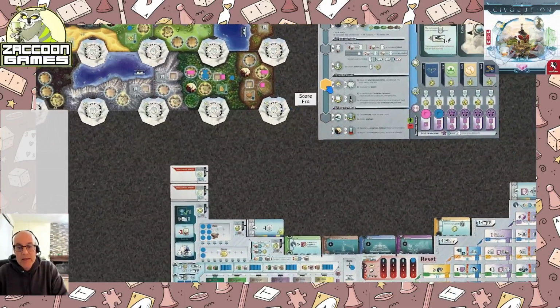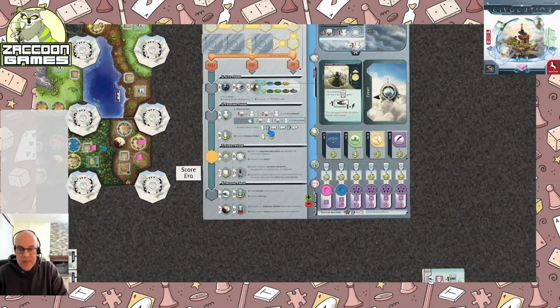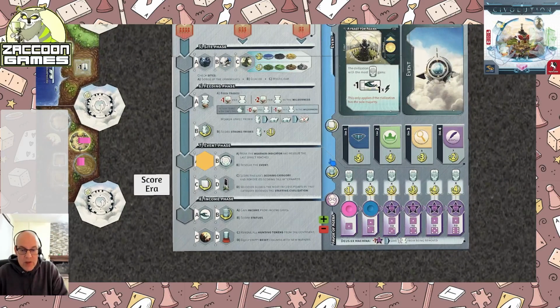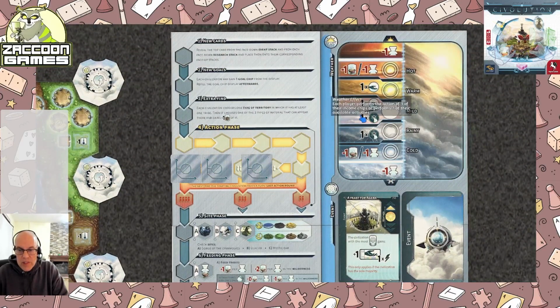Ugh, I don't like this. Oh, first we do the event. She's doing good at this. Move the weather indicator and resolve the last effect reach. So it's about to get warmer. We start off right in the middle. So when it gets warmer, we get to do